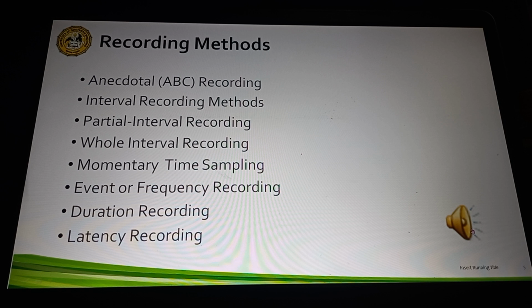Now lastly, we have the latency recording. The latency recording is a very specific observation method that provides information about the amount of time that elapses between an environmental event and the commencement or completion of a target behavior. So, most typically, this method is used to determine the amount of time it takes for a person to comply with a command. So, in this case, the environmental event is the command, and the target behavior is compliance with